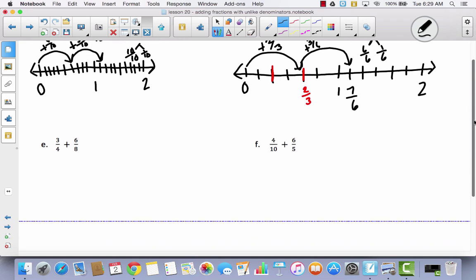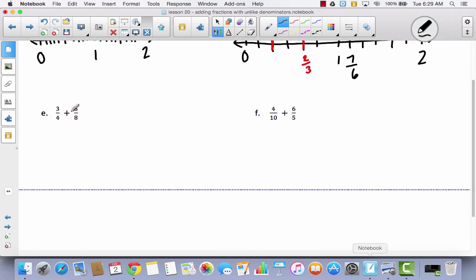All right, so let's take a look at E. So I've got 3/4 plus 6/8. Well, 3/4 is greater than half. 6/8 is greater than half, so I'm definitely going to have to make my number line from 0 to 2. So again, make your number line nice and long so that it doesn't have to get too small. All right, so this is 0, this is 2, and I'm going to put 1 in the middle, and I'm